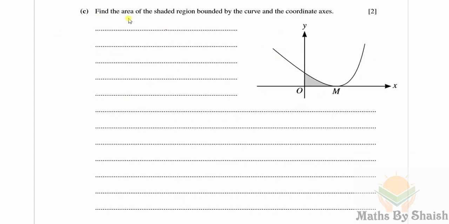Find the area of the shaded region bounded by the curve and the coordinate axes. So it means we need to find this area. We know this is going to be (0, 0), and here from the previous part we know that the x coordinate is 1 by 2, so y coordinate is of course 0. So area is going to be